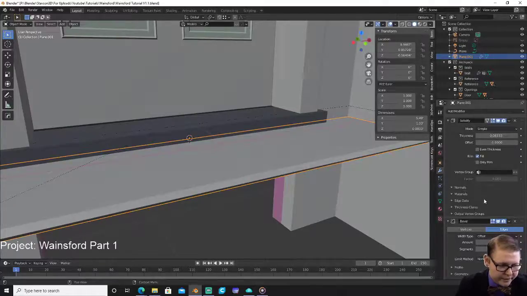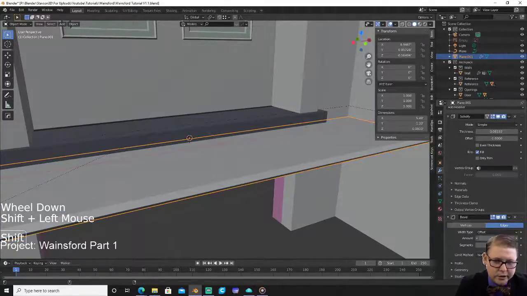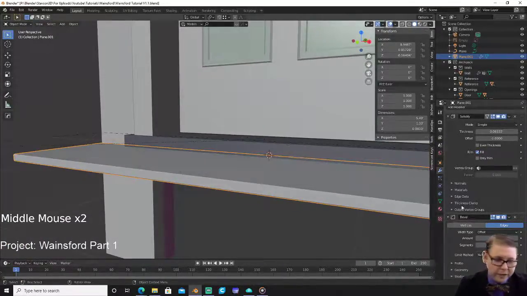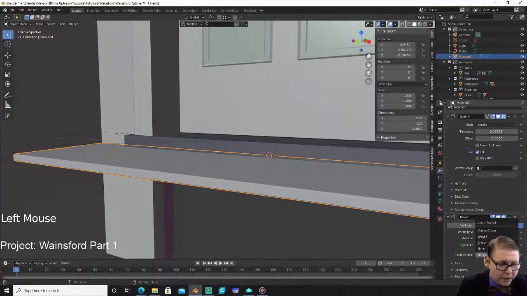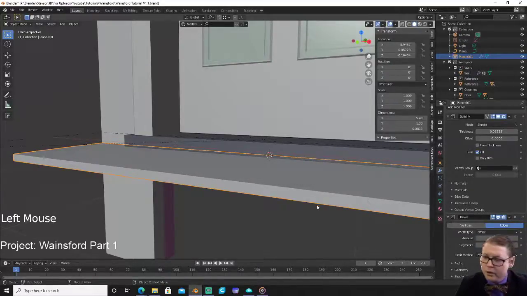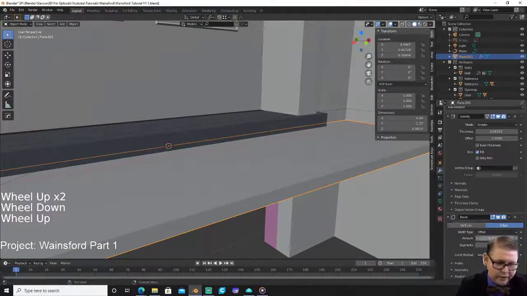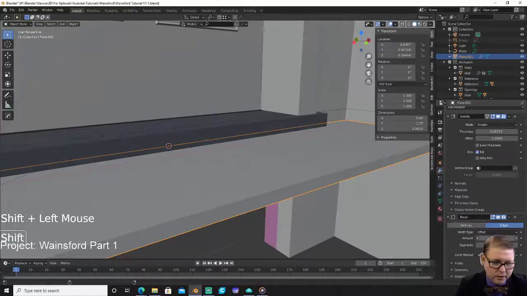So we will, let's see, our bevel is right here. We will cut that down, make that a lot less dramatic. There we go, kind of like that. And right now it's applying the bevel all around. But if we limit it to the weight, then it should only apply it to this top edge right here. And so then if we increase this again,